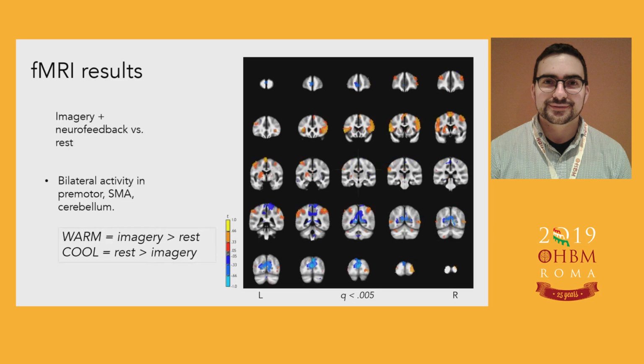In motor imagery, we see a lot of overlap, a lot of the same areas, which supports our approach because, again, we're training on actual tapping and using that model to give feedback during motor imagery. So it's important that there's enough overlap that it be translatable. But in a direct contrast, there's no significant difference between the tapping and imagery